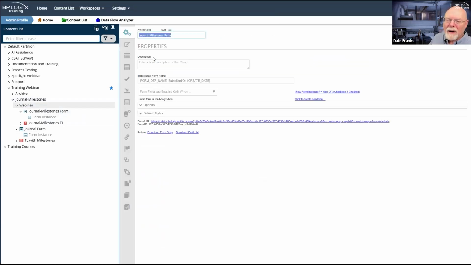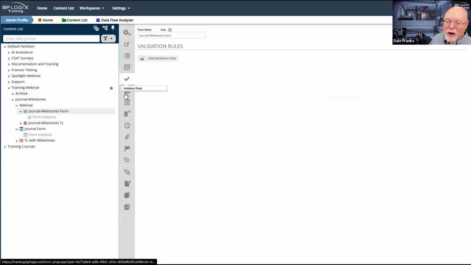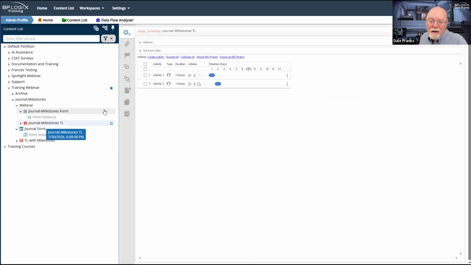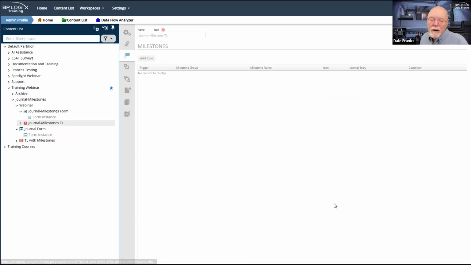And what I'm going to have to do, the hard way, is if I can find the milestones, I'm going to have to come in and individually delete all of these milestones, which means I'm going to have to delete them from here. And I'm going to have to go back over here and delete them from here. I guess I didn't make any here. Okay, I didn't save them. So fine, I'd have to delete those milestones, or